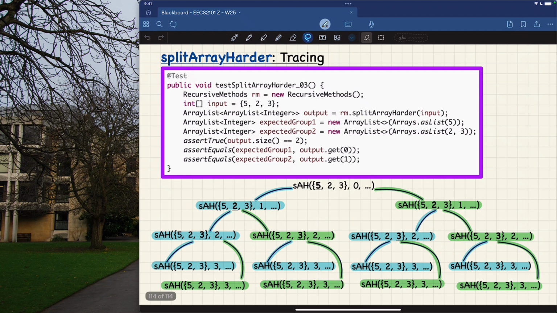The test case I want to trace together with you will be this one here, test split array harder 03. That's the one we also look at, right? Just remember this was the new assertion that we added right here. Okay, and here I'm using some color convention, and I already drew the tree, so I can just go